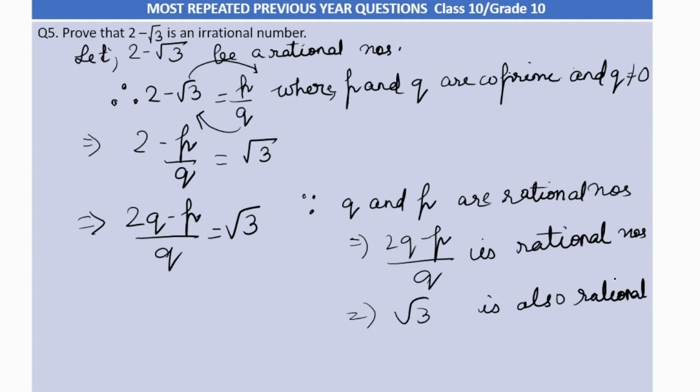No. Root 3, we know from the definition of irrational numbers, any number which does not have a perfect square, like root of any number which does not have a perfect square. Like 16: 16 is a perfect square, so root 16 will be 4. But root 8, is it a perfect square? No, it is 2 root 2. So this 2 root 2 here is an irrational number because it can't be expressed in the form of p by q. Similarly, any non-terminating, non-repeating decimal